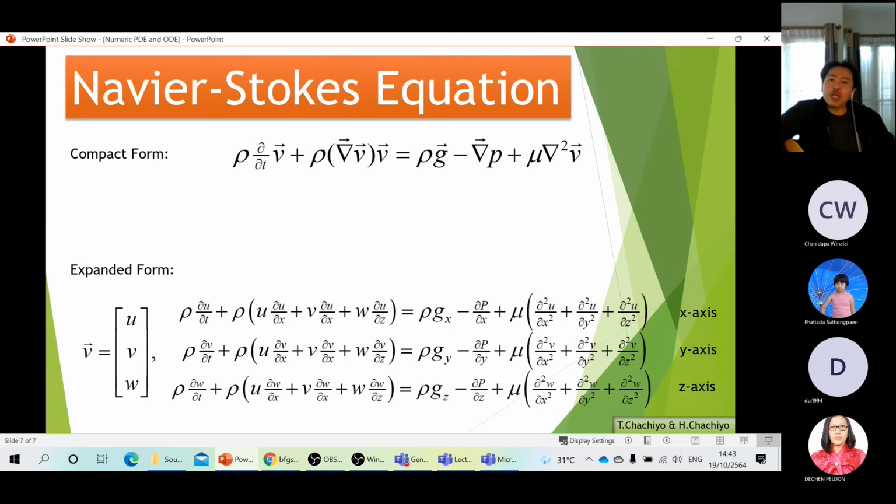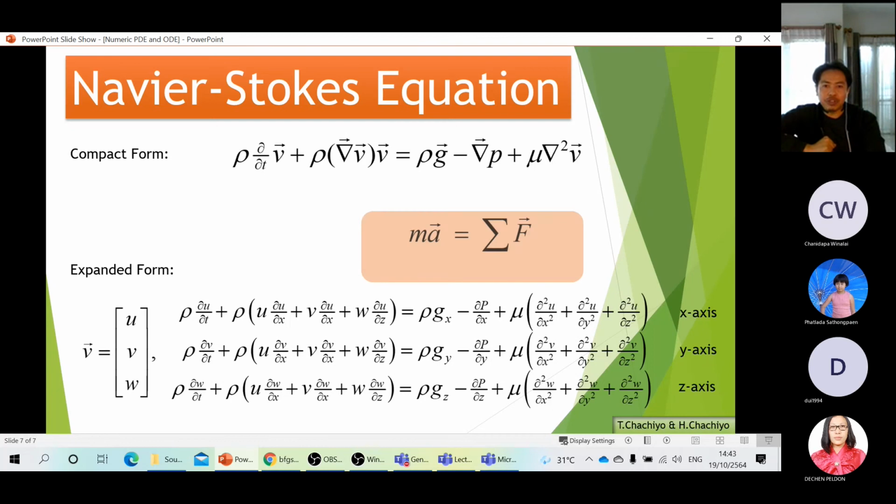Now, you may look at this equation and say it's very complicated. It's not. The structure is very simple. Now let me show you the structure of this equation. What that really is here is a Newton equation for a small element of liquid, a small droplet of liquid. And that equation tells you the simple second law of motion, F equals ma.